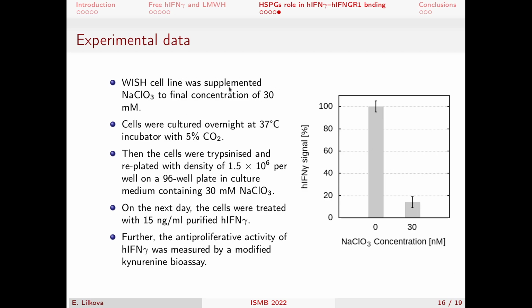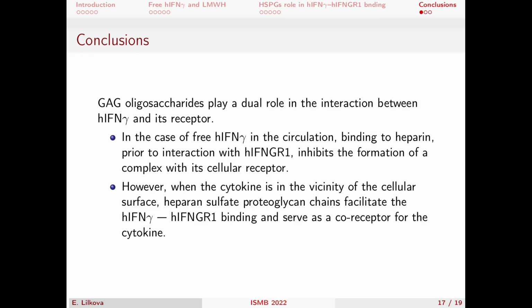We incubated cells with sodium chlorate, which inhibits sulfation of heparan sulfate proteoglycans on the cell surface, and we found that the activity of interferon gamma in cells which were incubated with sodium chlorate is 86% reduced compared to untreated cells. So in conclusion, glycosaminoglycans, heparin and heparan sulfate play a dual role in the interaction of interferon gamma with its receptor. On the one side,